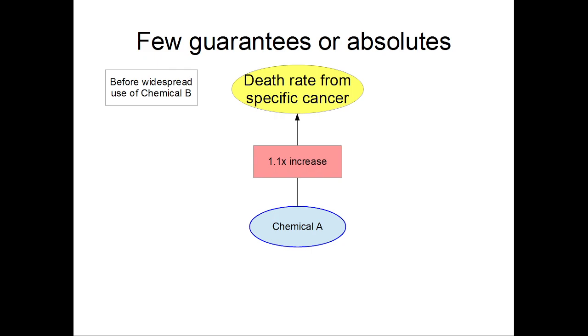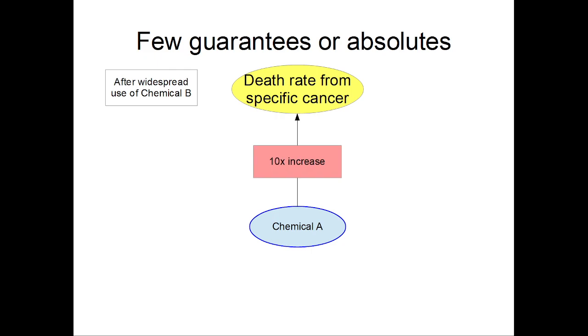But let's say people found that chemical B was really effective at something. So they started to use it for some reason. Maybe it was a good pesticide or something like that. It was really good at something, so it started to become widely used. And then all of a sudden,